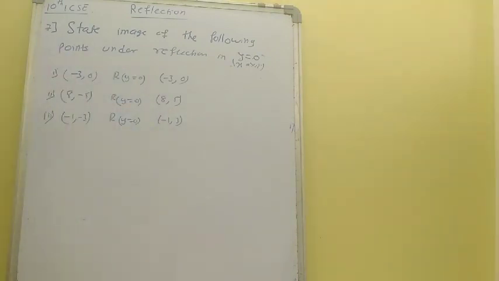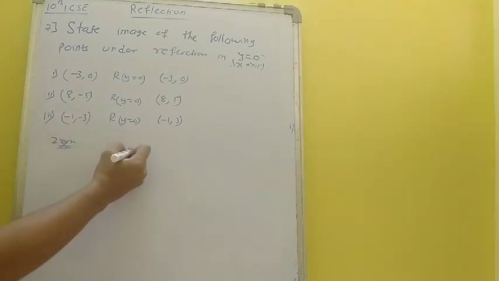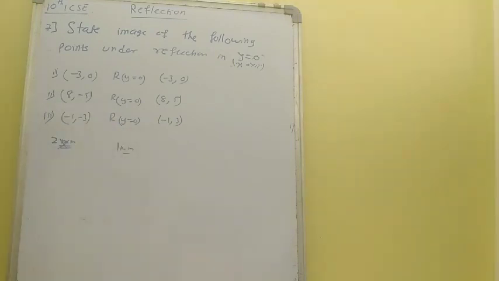Okay. So we have seen all the points, that is y is equal to 0, x is equal to 0, reflection in origin, reflection in x-axis, y-axis. Okay. So first you use a 2 mm graph book if you have. If you don't have a 2 mm graph book, you can even use a 1 mm graph book, not an issue. Okay. So first try to solve all these sums. The rest of the sums I will try to solve in the next video.